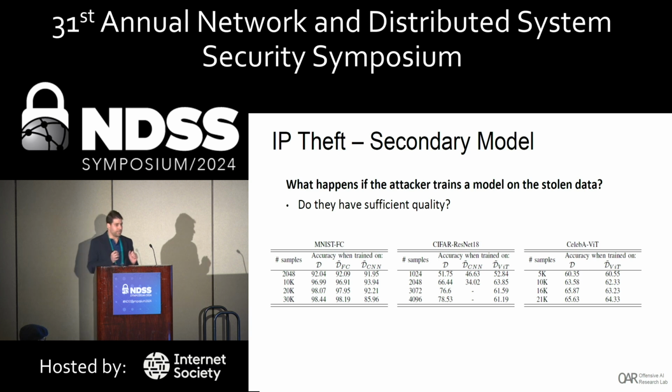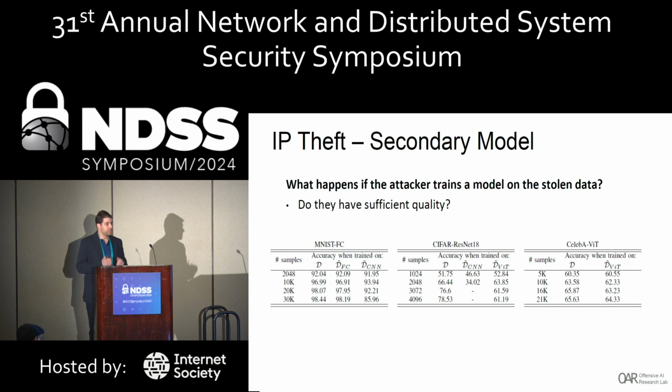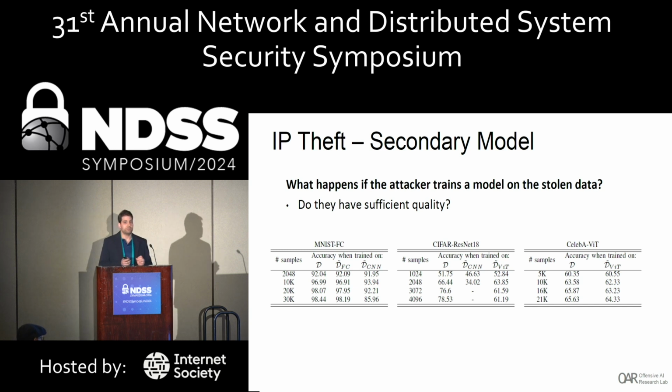For our last evaluation, we wanted to check how usable the extracted samples really are. For that, we performed the following process. We draw a sample of images from the dataset and train on them a regular model. Then, we use the exact same images and train on them a transpose model for memorization. We extract the images from the model and train on them a second model with the exact same architecture as the first one. For the evaluation, we compare the respective accuracies.